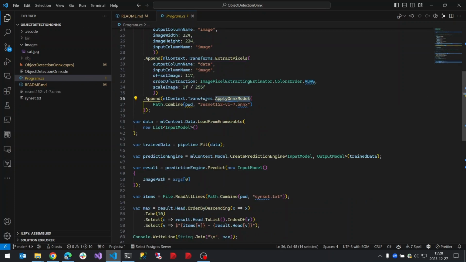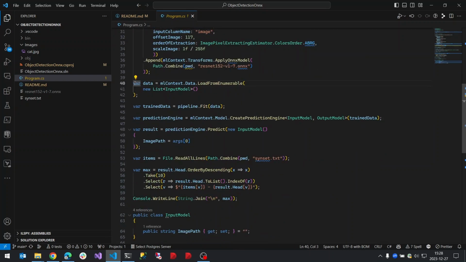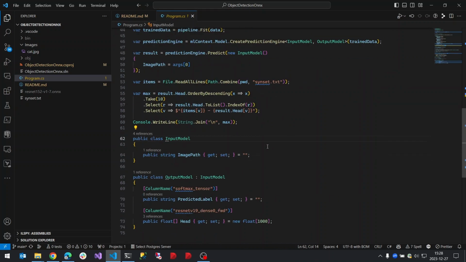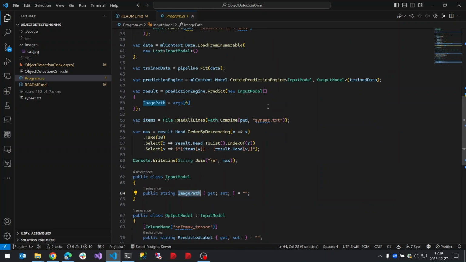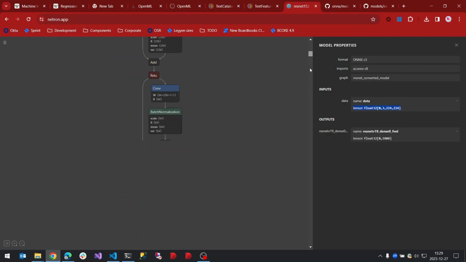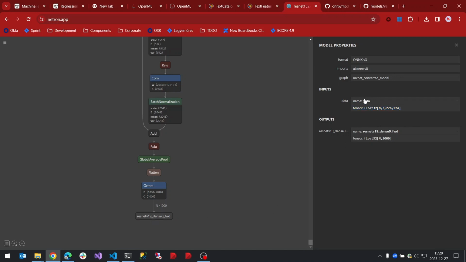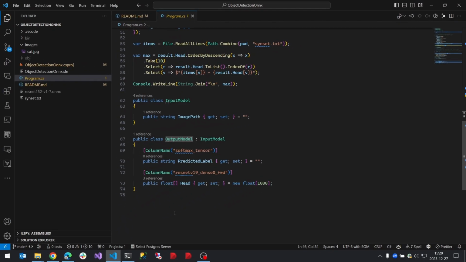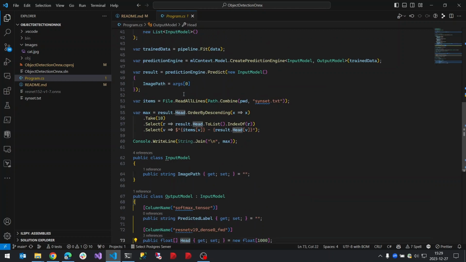And then we just apply this ResNet model. This is a pre-trained model, as I mentioned, and we just do the prediction. We do exactly what we did earlier, so we just fit the pipeline with 0 data and create the prediction engine with the input model. The input model in our case is very simple. We just provide the image path, and the output model will be what we already saw here. So the output will be, this is the name of the output, and this is the 1000 element long vector. Okay,